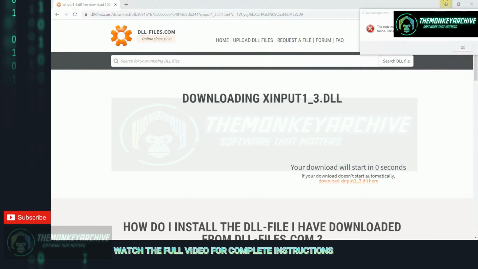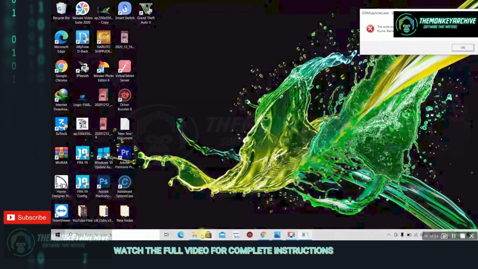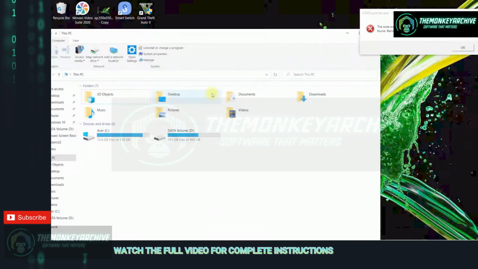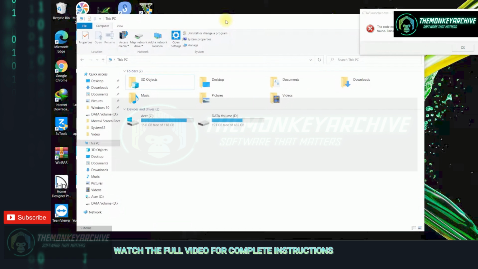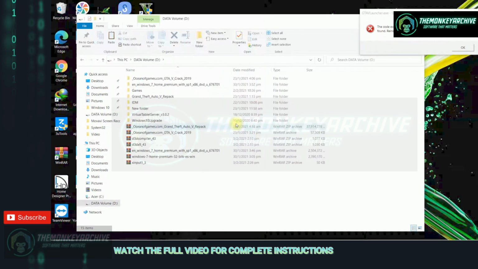So you're just going to go ahead and minimize. Go to your downloads folder for wherever your downloads are stored. Mine are stored on my data volume. Yours may be in your downloads folder right here. Alright, so I'm just going to go to my data volume right here. And this is the file right here,